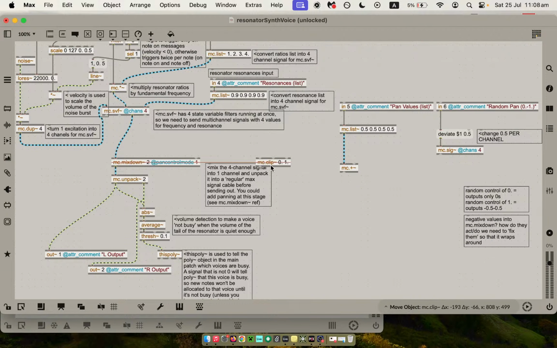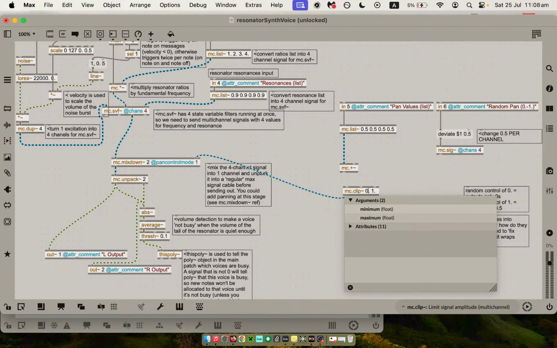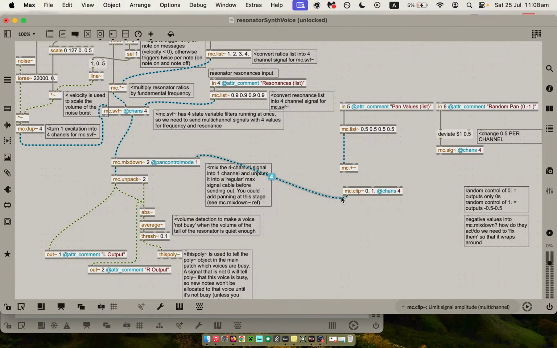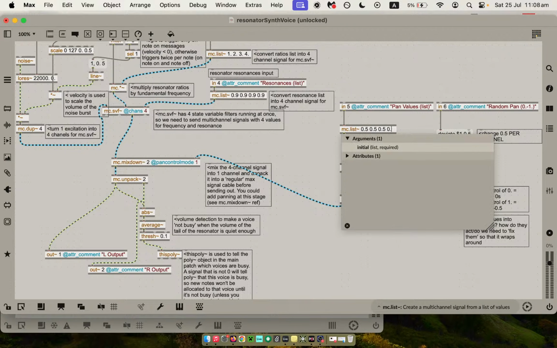Alright, so this is the last thing that happens before it goes into here. Everything gets clipped. Everything gets clipped to a value of 0.1. Okay. Now this, if we add these together, then really a value of